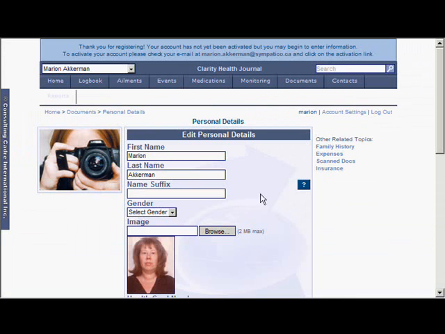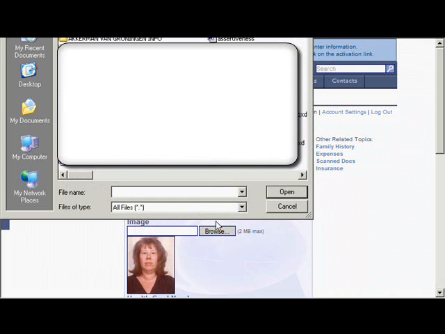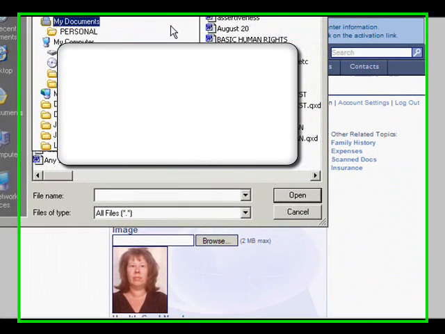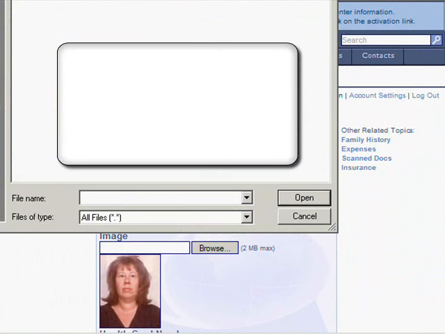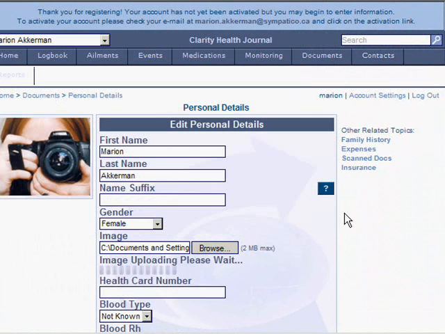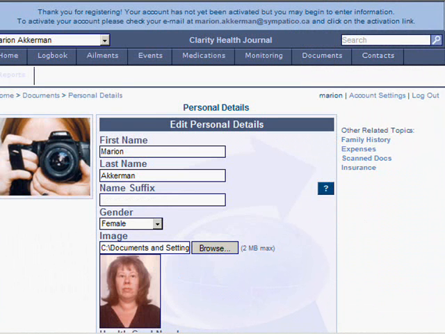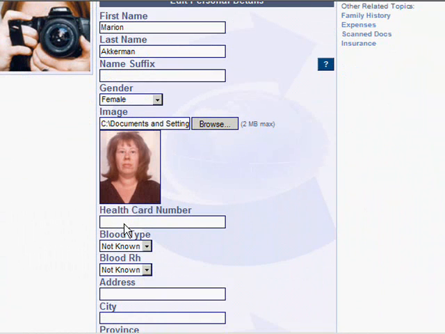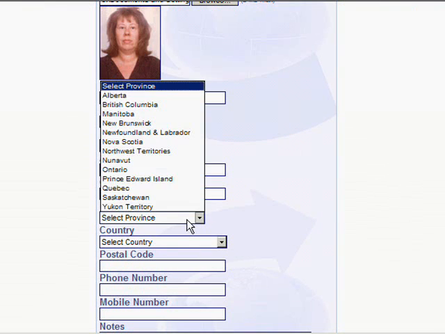As you can see here, there is room for name, gender, an image of yourself if you like, which can be pulled up from your files. In this case, I've used a JPEG. Health card number, blood type, if you know it, your address, your city, country,